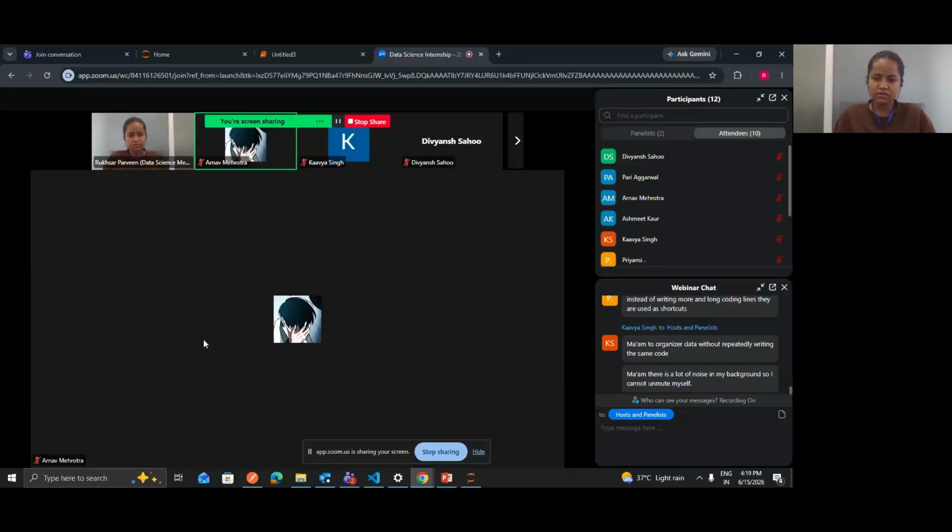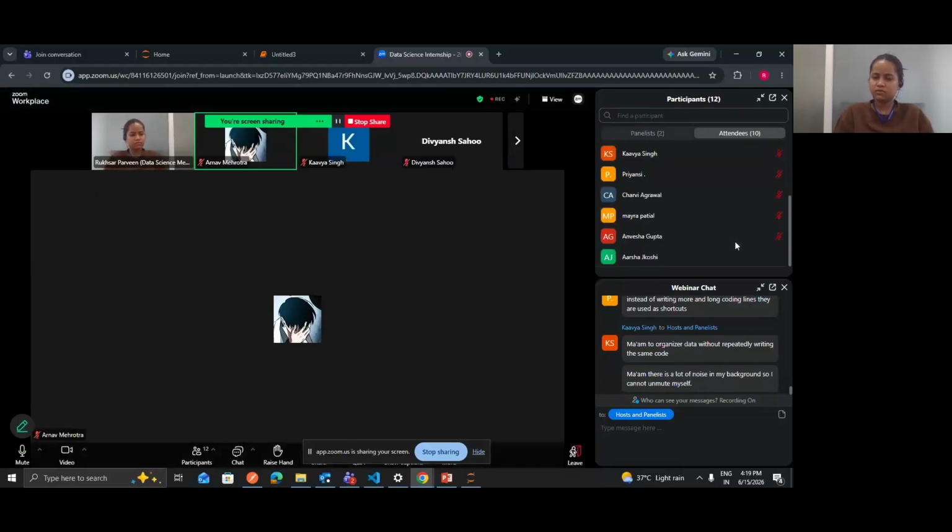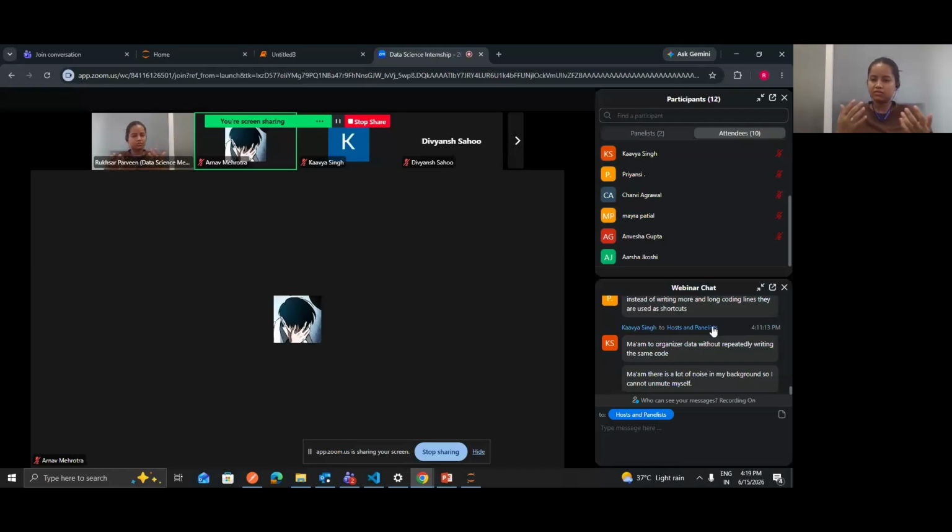Is it clear to you guys? Basically, you have to create a function. You don't need to write anything, just explain. This function will take some input, and based on this input, it will produce some output. So you just explain what the input is and what the output is. This is your report card generator function. What is the input and output for this function? Just explain that.